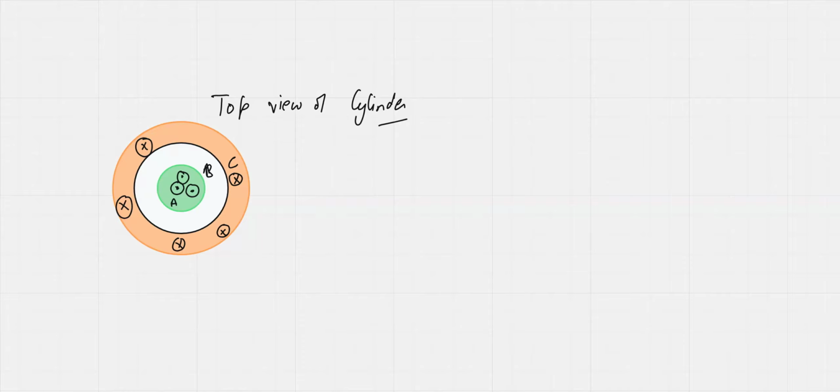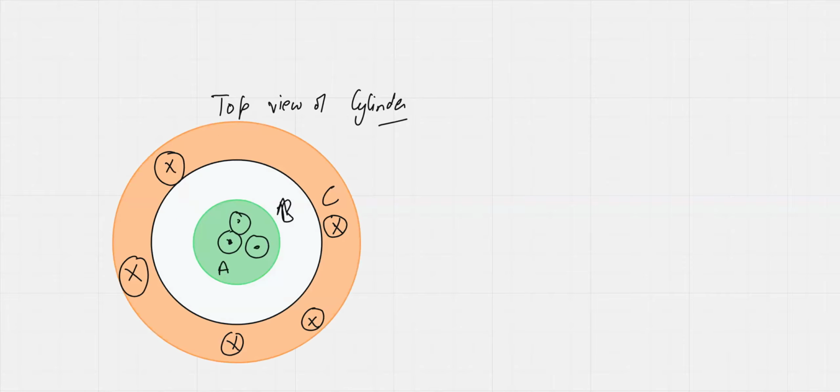Let's do one thing. I'll try to increase the size so that it can look better. You need to calculate magnetic field at A region, maybe B region, and the last one is C region. The three points are there. So find magnetic field in A, B, and C region,